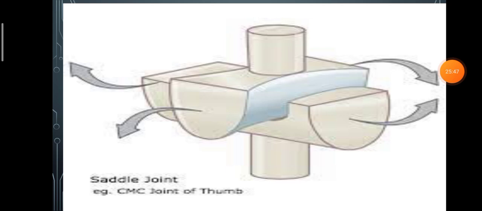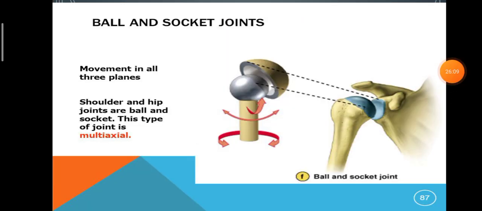For example you have the radiocarpal joint. Now regarding the saddle joint, flexion and extension take place around a transverse axis, abduction and adduction take place around an anteroposterior axis. Some rotation is also associated with the aforesaid movements. So carpometacarpal joint of thumb is an example of saddle joint. And in the case of polyaxial joint or multiaxial joint, you have the example of ball and socket joint. Here movements occur in three planes. Shoulder and hip joints are the examples which come under ball and socket joint.